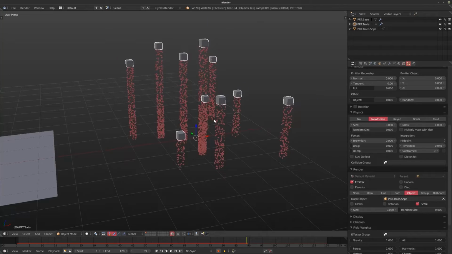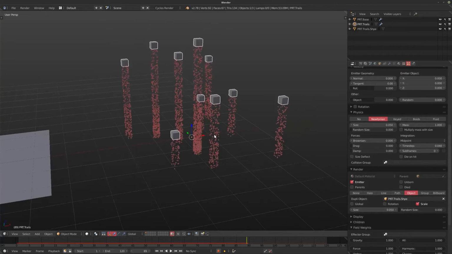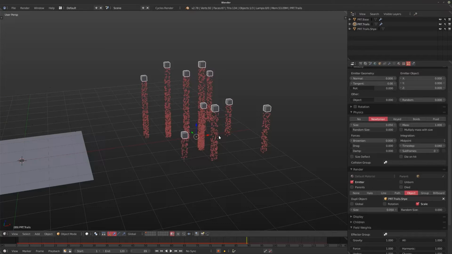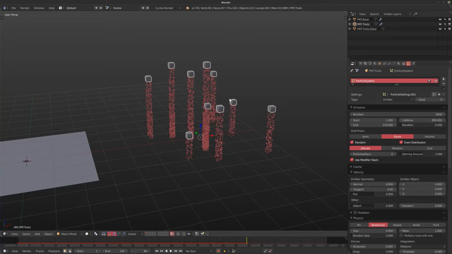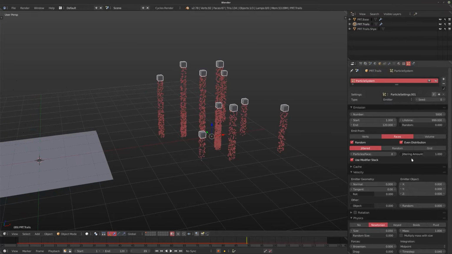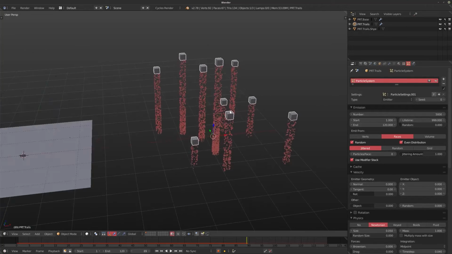I believe in the final thing I used cubes as well. You might be tempted to use spheres to make it look a little bit better, but think about this. For the final simulation of this, I believe I used 3 million particles. So if you're going to open that file, you might have to rebake it, but make sure you have everything set up, like your cache set up properly. I might talk about that actually in the next video. So we'll leave that for now, but I'll explain in the next video why this caching stuff is really important when you're working with a lot of particles.